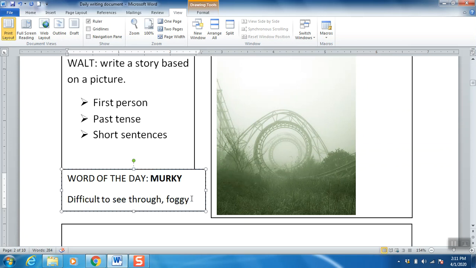Right, our word of the day is murky, which means difficult to see through or foggy. And you can use the word murky to describe either the sea. So sometimes you might go swimming in the sea and it's a bit murky, it's a bit foggy, you can't see through it, particularly when the sand is all up in the sea. Or you might have days when it's a little bit trickier to see through the air because it's just a bit foggier and it's a bit cloudy. You don't really get fog here, but you can imagine what there might be.